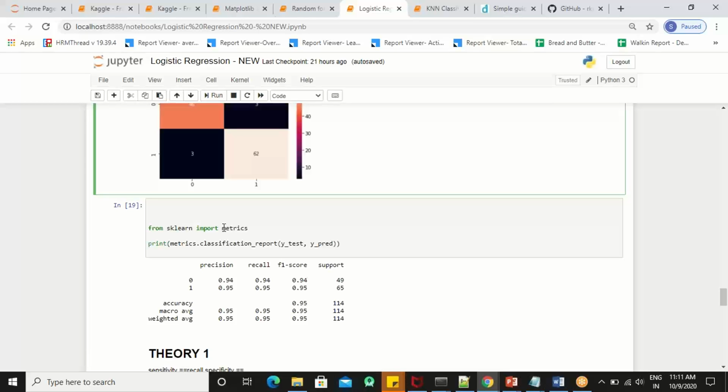क्योंकि आप ऐसा सोचो कि किसी को कैंसर था और आपने बोला नहीं है, वो बंदा मर सकता है थोड़े दिन बाद. That means for you the positive class is more important. But on the other side, if say the negative class, कि भाई किसी को कैंसर नहीं था, आपके मॉडल ने बोल दिया उसे कैंसर है,